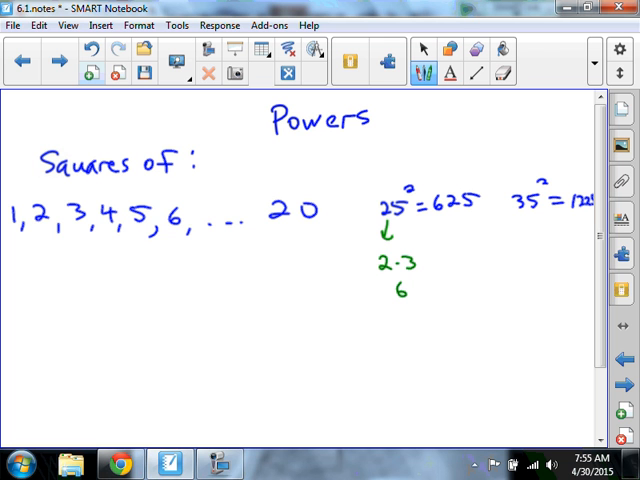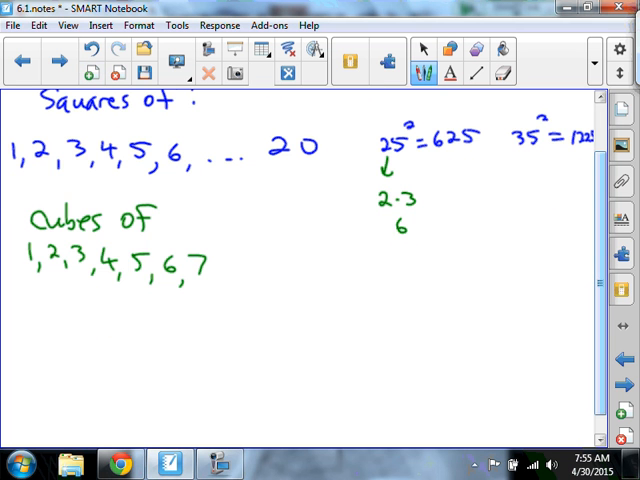Then let's move on to the cubes. Cubes of 1, cubes of 2, 3, 4, 5, 6, and 7. It doesn't hurt to know 8 cubed also, but so cubes of 1, 2, 3, 4, 5, 6, and 7. Can I list them? Sure. So 1 cubed is 1, 2 cubed is 8, 3 cubed is 27, and 4 cubed is